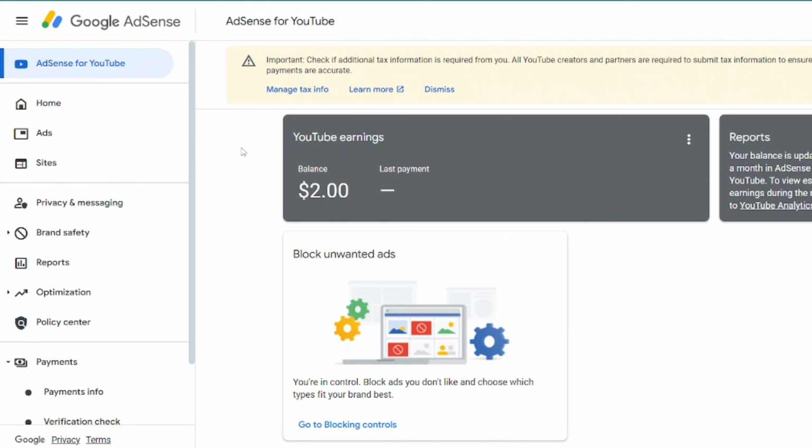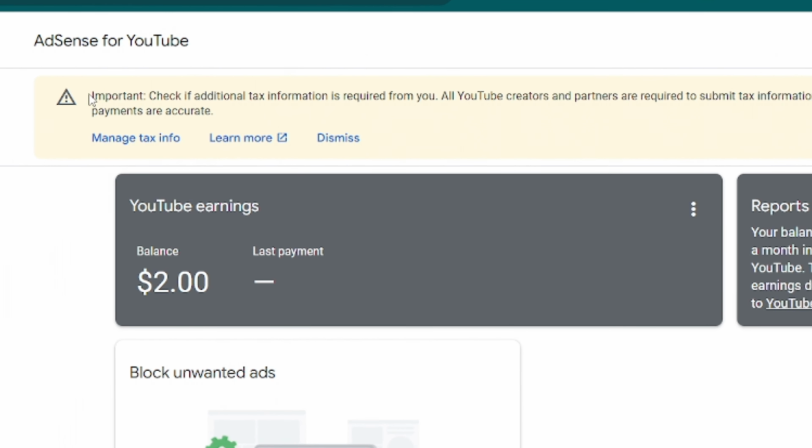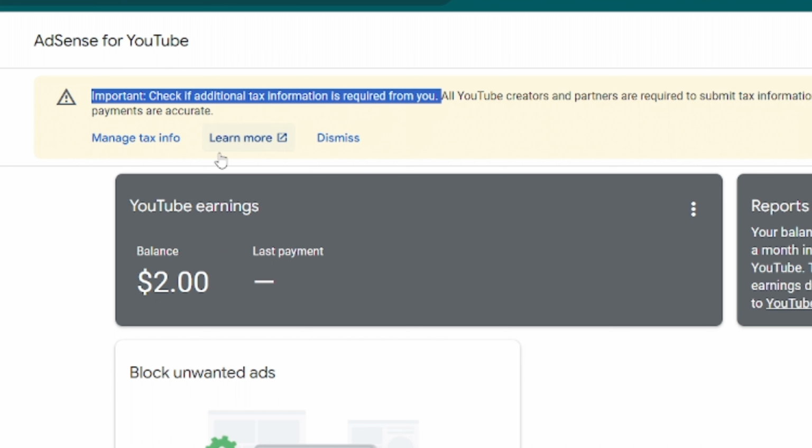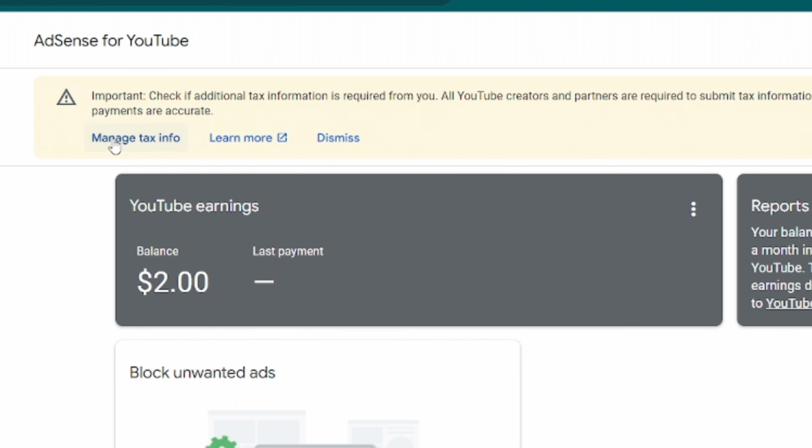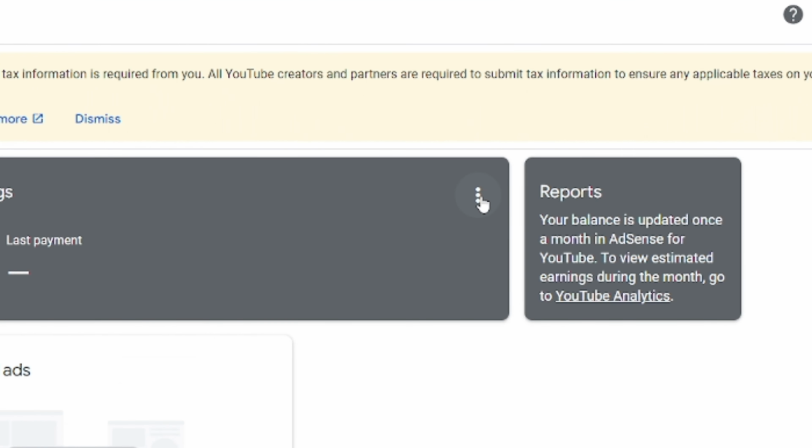To fill in additional tax info for non-US residents, log into your AdSense account and check for this notification that says, "Important, check if additional tax information is required from you." If you have this notification, you can click on this Manage tax info to access the form page. But if you don't have this notification, you can click on this three dot menu icon and click on View